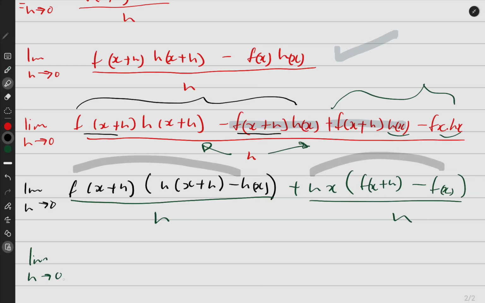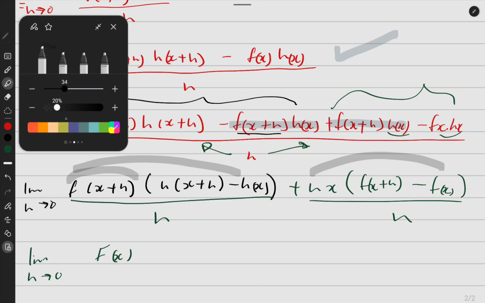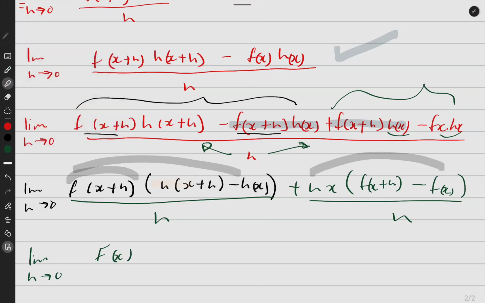I'm just skipping a lot of steps. If I'm looking at this term, as h approaches 0, this term will become f of x. Okay. If I take limits as h approaches 0 of this term, now look at this carefully, of this term,